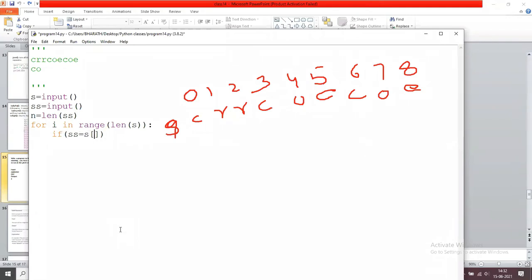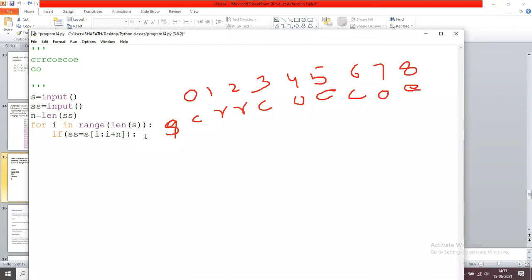If the substring length is 2, you are going to compare two elements. For example, in CRR, COE, COE, in the first iteration you are going to compare CR. So i plus n. If the value of i is 0, then 0 to 2. If i is 1, then 1 to 3. If i is 2, 2 to 4.